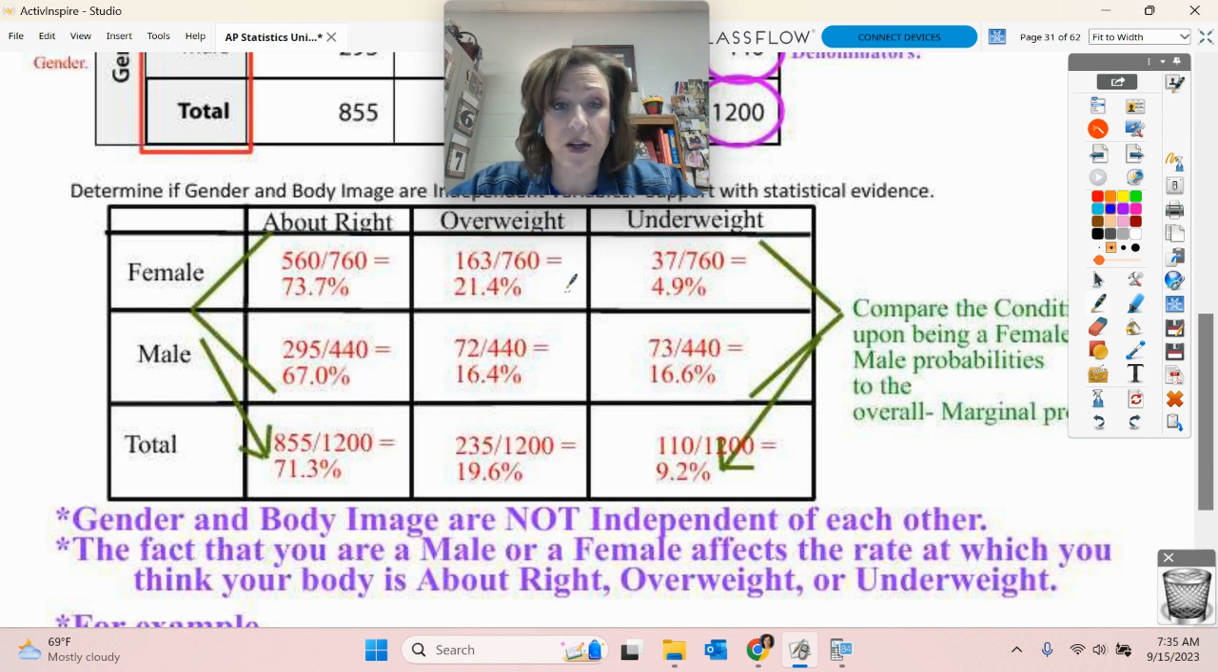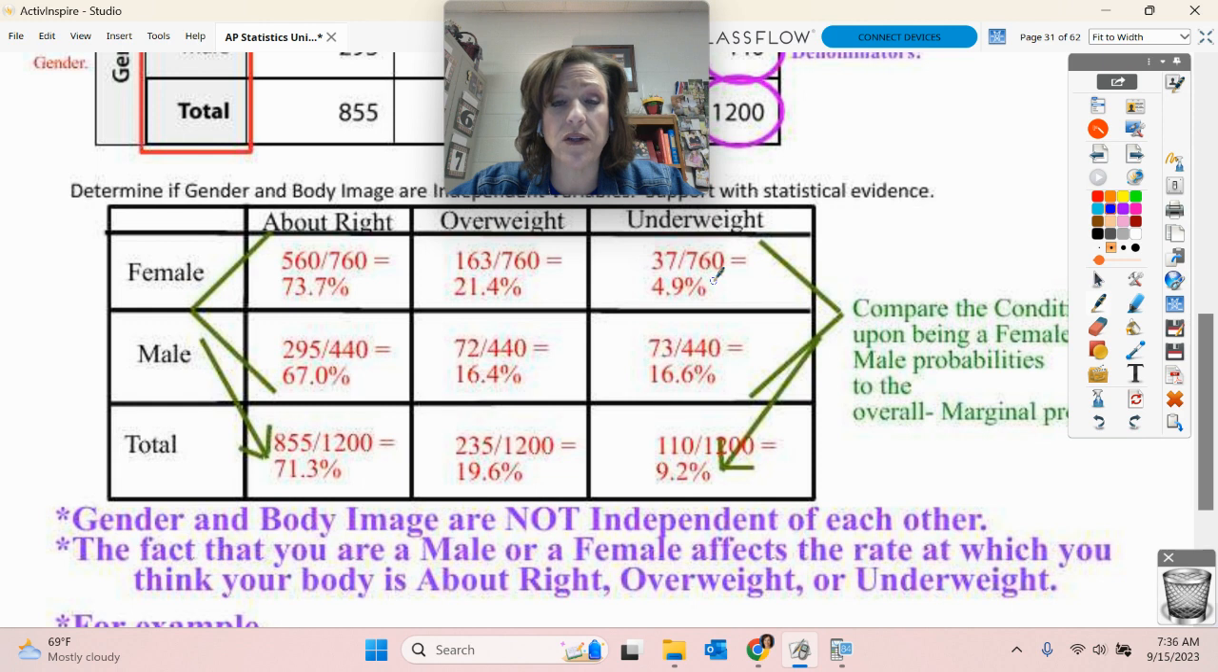In the overweight category, females think they are overweight at a higher rate than males. 21.4% of females think they're overweight, and 16.4% of males think they are overweight. And then in this category here,